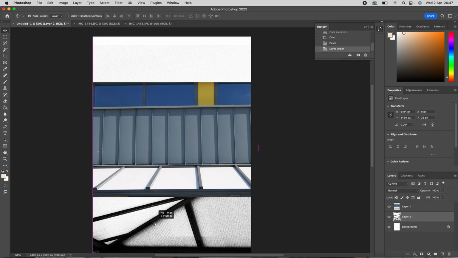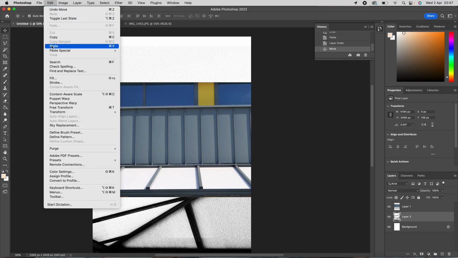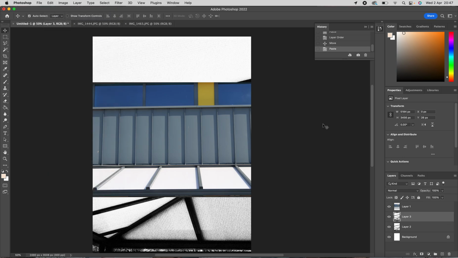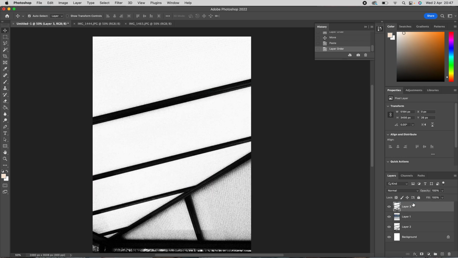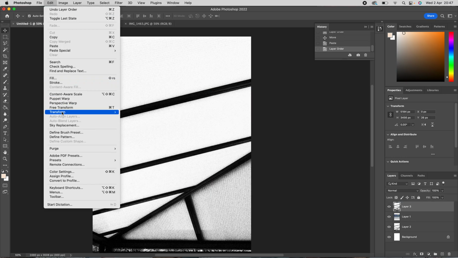Maybe I'm going to move it down slightly so I don't have this weird edge there. So I've created a new image already. Perhaps what I want to do as well is edit and paste it on top this time. So I've got another image and I'm going to put it on top. So you can see I'm playing around with my layers on the right hand side. This time I'm going to edit and free transform